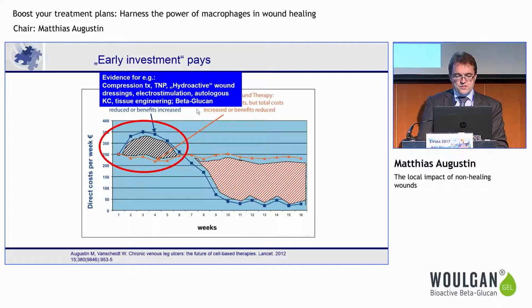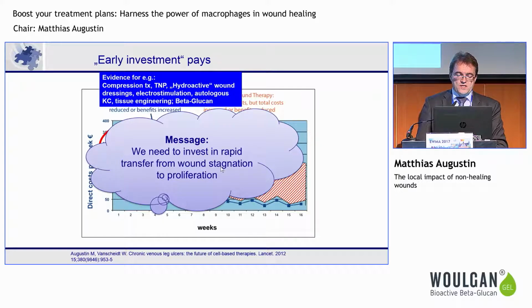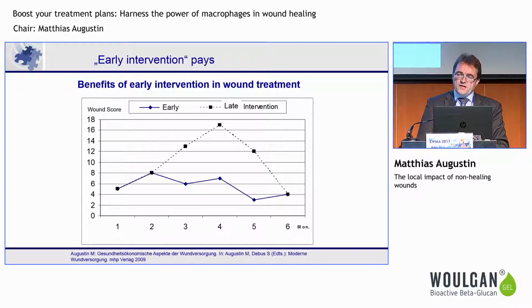Topical negative pressure and some other treatments like electrostimulation, tissue engineering, and beta-glucan are also a sort of investment at the beginning, in order to break through the stagnation of the wound and get into a more active phase. So the message here: we need to invest in rapid transfer from wound stagnation to proliferation if we want to be successful. And the last point, which has to do with this, is that we need to be early and